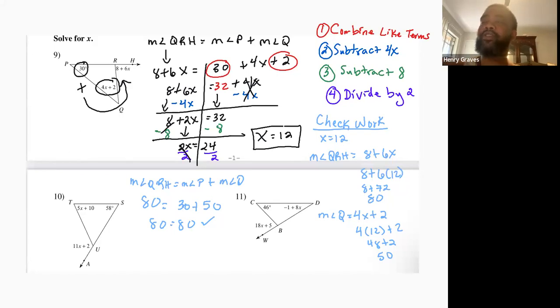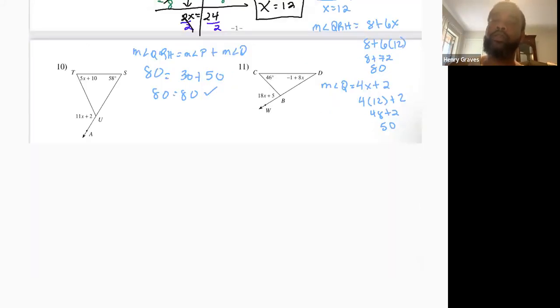Okay. So I'm going to scroll this down and I'm going to go ahead and do number 10 in one whole color. So let me do number 10 in green. So number 10, I'm going to have the measurement of angle TUA